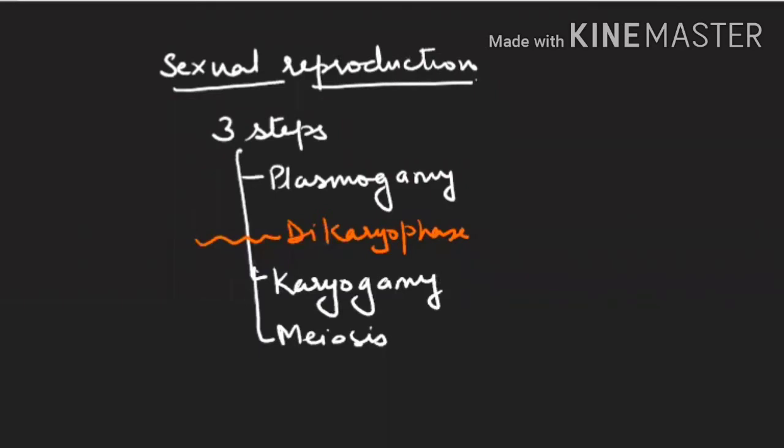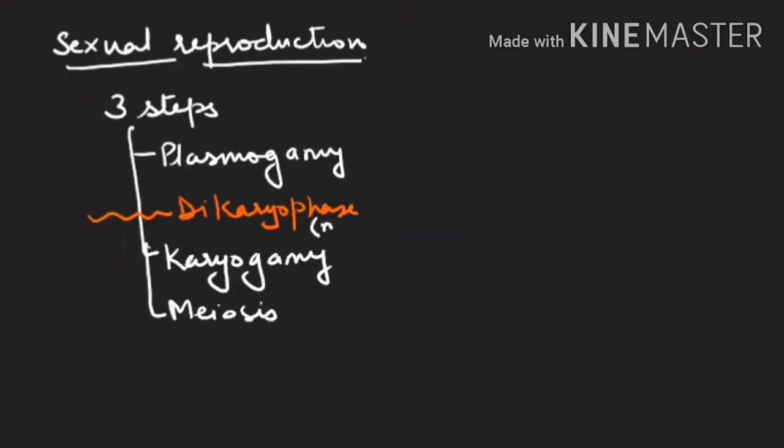Number 1 is plasmogamy. Plasmogamy means fusion of the protoplasm only. The nucleus has not fused till now. And in case of the Ascomycetes, the dikaryophase will come, the phase where the 2 nuclei are still separate and have not fused. So this is the dikaryophase, which gives the secondary mycelium or dikaryotic mycelium, which we represent as the N plus N condition.